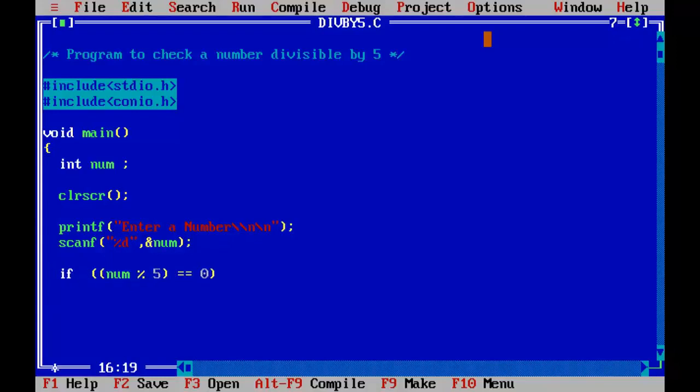So let us put this entire thing in the if condition, right? So if num mod 5 equals 0, I would say this. I'm executing just a single statement, so I don't need to enclose this in curly braces. So, yes, the number is divisible by 5. Else it is not. That's it, right? Else printf. If this doesn't work, I'll be printing